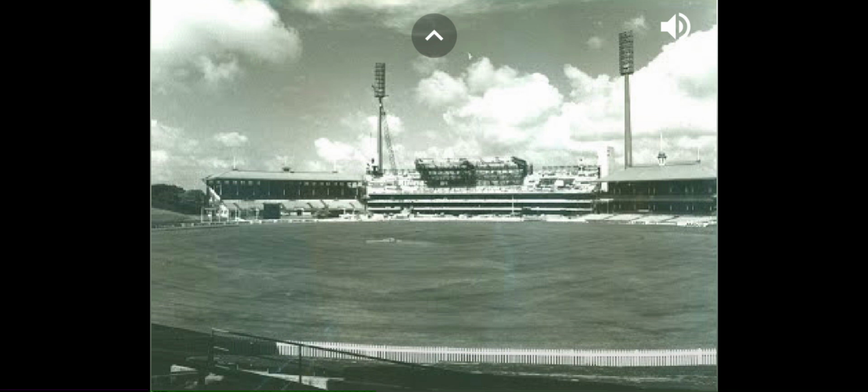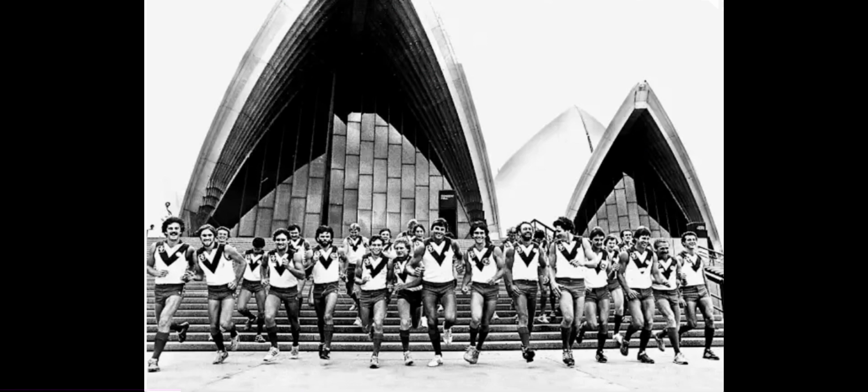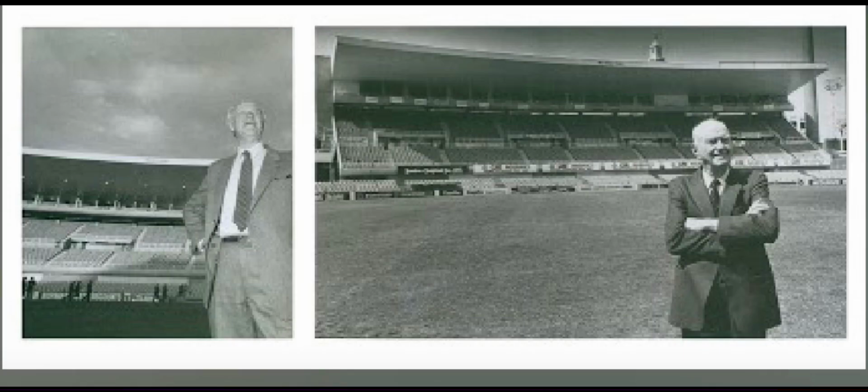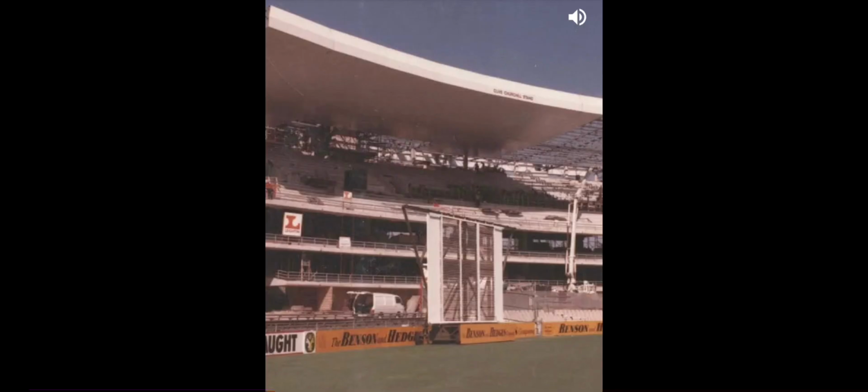In 1980, the Barwongal Stand is opened for a cost of $8.9 million, before 2 years later the South Melbourne Football Club relocate to Sydney and start playing their games at the ground. In 1983, the SCG's first electronic scorecard is put into place for a match between New South Wales and Pakistan, before in 1984 the new Pat Hill Stand is erected on Paddington Hill, and in 1986 the Churchill Stand is